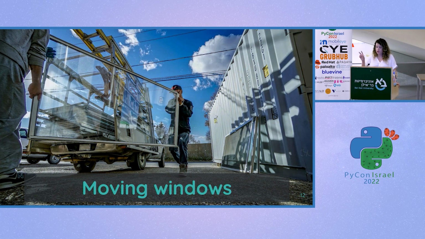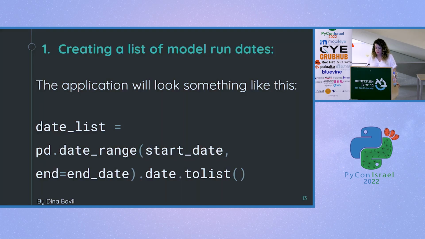I know that there is a concept of time series called sliding windows, and this is similar, but it's not the same. What we really want to do in our case is create a list of dates on which we want to run our model. Maybe it can be a 2 week period where every day we run our model on that date.